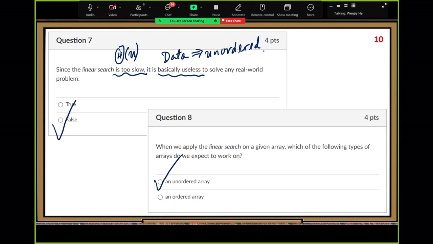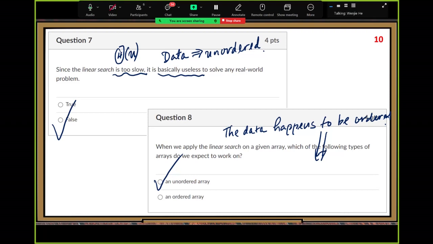So for our linear search, we expect the array is unordered, but sometimes the given data happens to be ordered, right? That could happen. In that case, if it happens to be ordered,